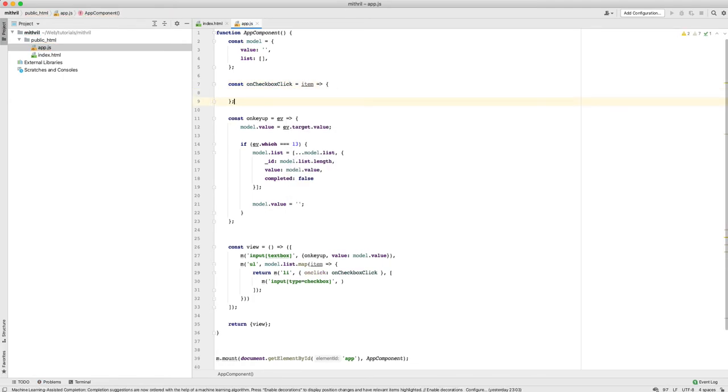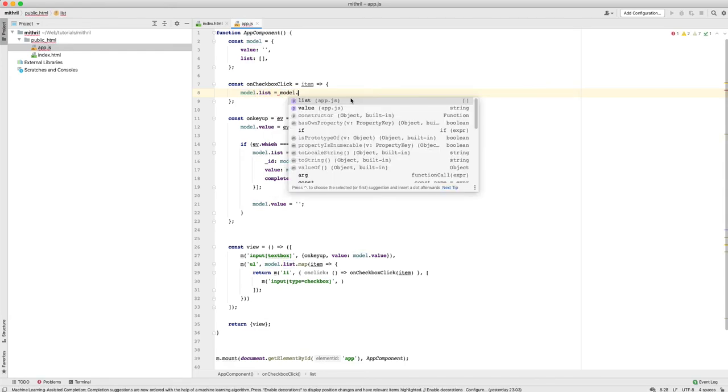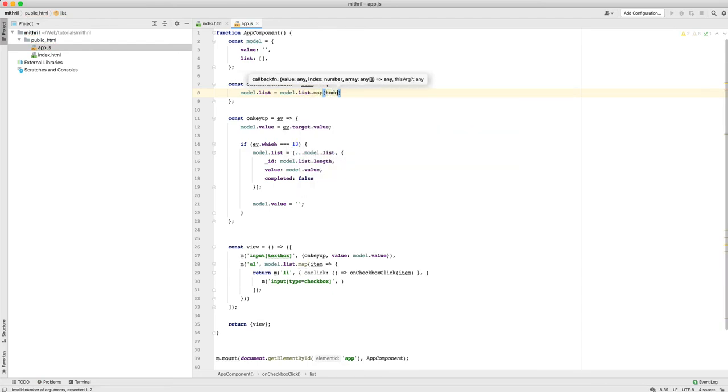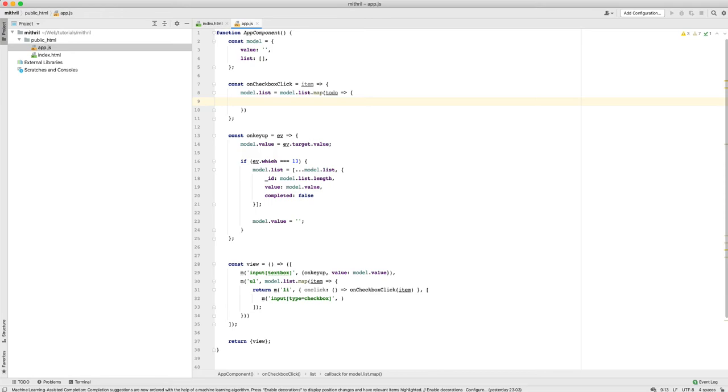There we are. So that's an arrow function, and this in itself will also be an arrow function, so that I can actually pass in the item in here, right? So basically that's my list tag. When I click on it, I want to run this function which is up here, and it will pass the item in here, and all I'll simply say is, okay, model.list equals, again, model.list.map with the todo, and I'll basically just return this and say, okay, return here